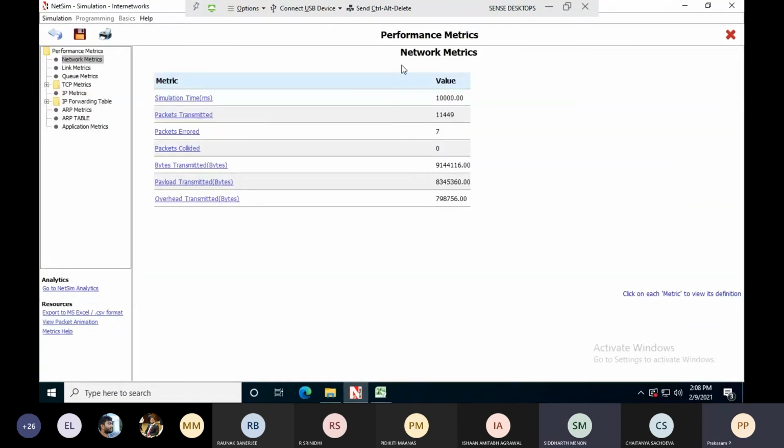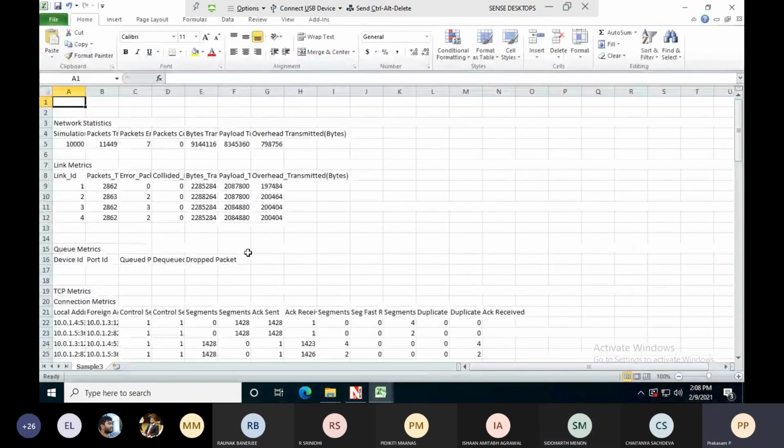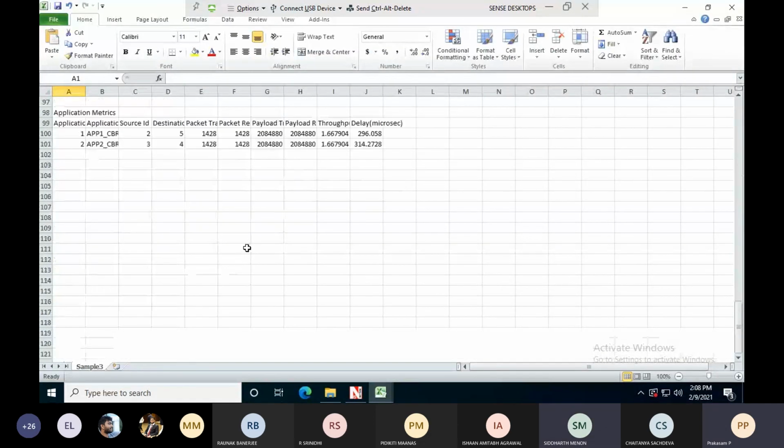Yeah, these are the metrics we are getting. Here you can download the CSV file, and you can see the values. Even here, previously we used 20,000. Now I have changed it to 7,000. If you see here, throughput is increased because we are reducing the time difference between two successive packets. So speed is increasing, throughput is increasing.